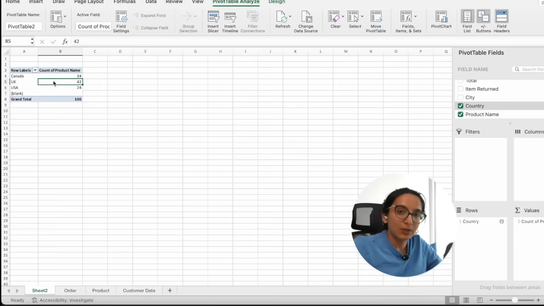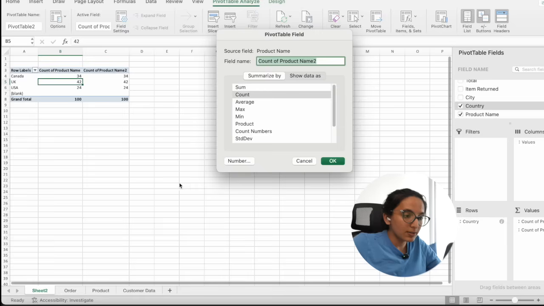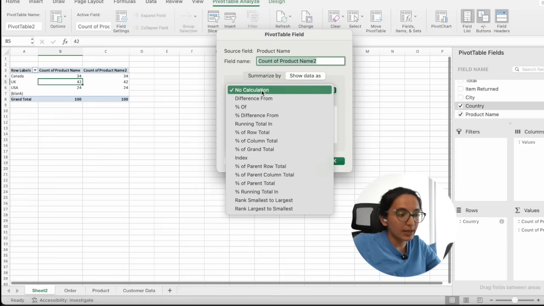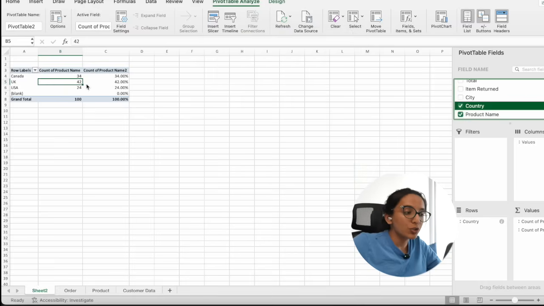When you have large amounts of data, you may not just have 3 countries, you'll have a lot of data, and sometimes numbers don't really make sense. You want to see relative information. So in this case, I might want to look at the percentage of items that have been sold per country. So what I can do is I can bring product name here again, and I'll go into field settings. I want to show data as percentage of grand total, hit OK, and it shows you the percentage of items